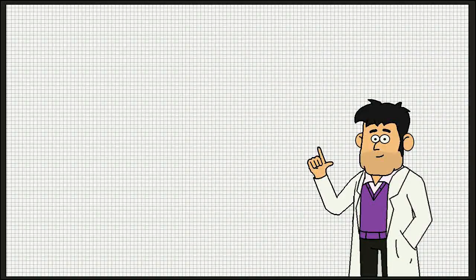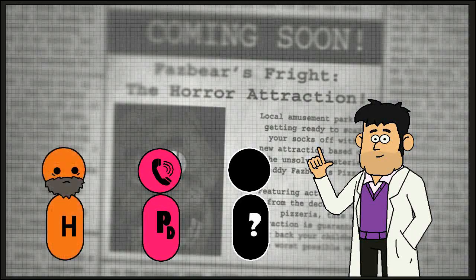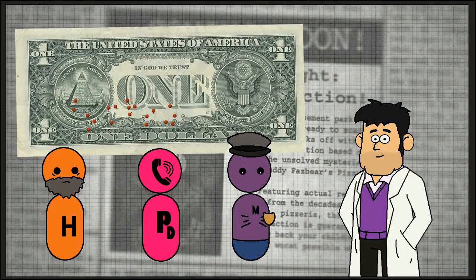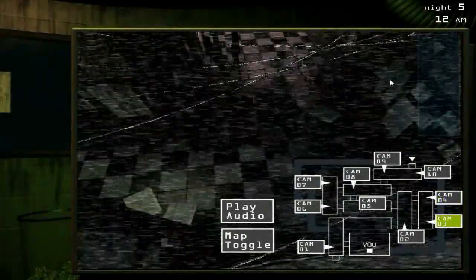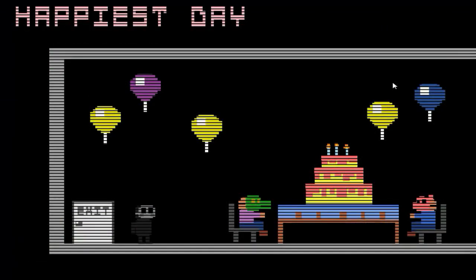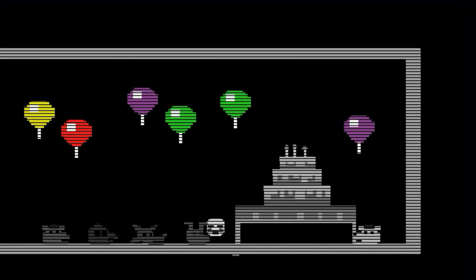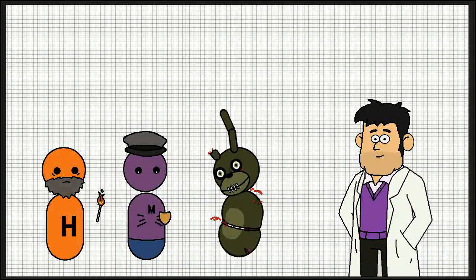Nice job. So now that we've established that Phone Dude is hiring a night guard for his horror attraction licensed by Henry, who would be crazy enough to take up such a job for minimum wage other than Michael Mother Afton? It's Mike who jumps through the hoops by playing the minigames and puts the spirits to rest, as seen in the Happiest Day minigame. Mike also finds his father, but they get separated by the fire,